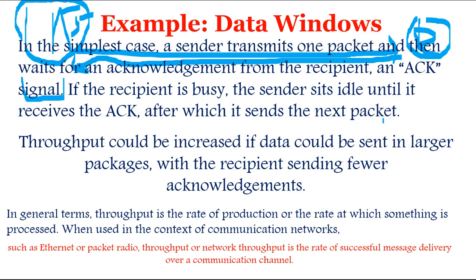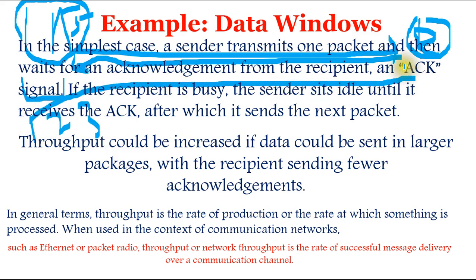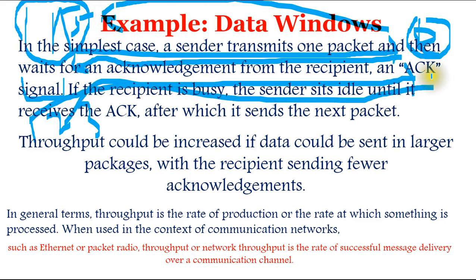So for example, it has three packets to be sent, 1 2 3. If it has sent one packet and it is not getting any acknowledgement, it will wait until this acknowledgement comes from here, and once this acknowledgement comes, it will send 2 3 to this machine, to this computer. Okay, very simple. And throughput could be increased if data could be sent in larger packages